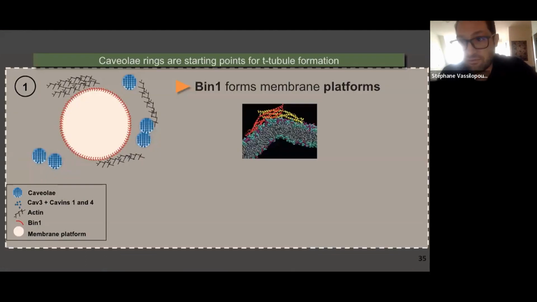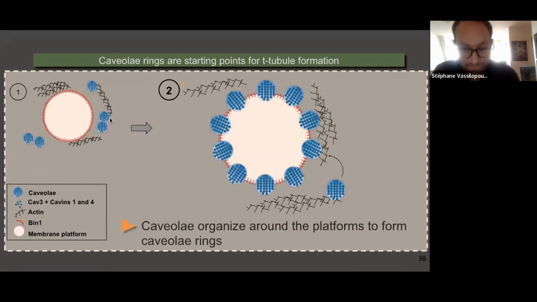Okay, so just to wrap up this part of the talk, and then I'm almost done here. What we think we discovered is that bin1, by its BAR domain, is like a banana-shaped bar domain, which is able to pinch the membrane. We think it's capable of pinching the membrane in a circular fashion, and that these circular domains attract caveolae,